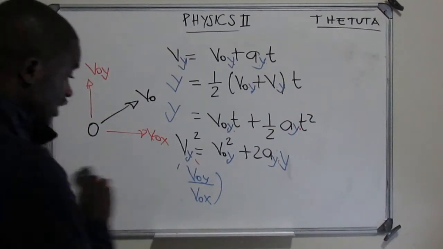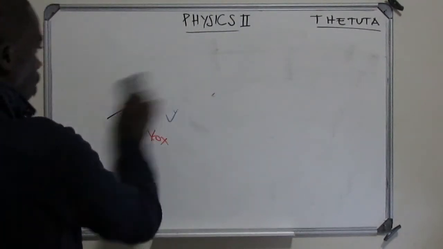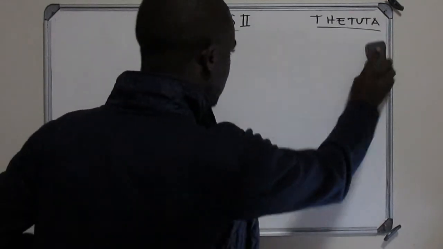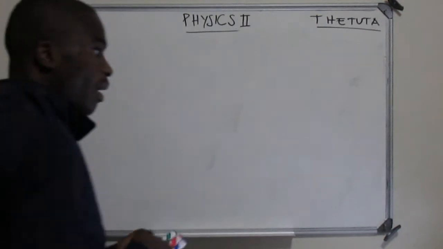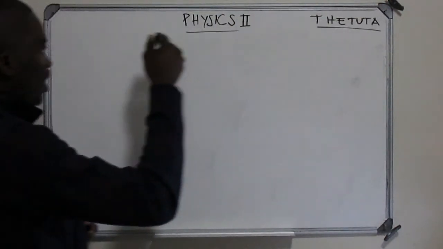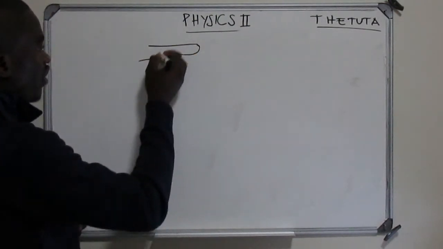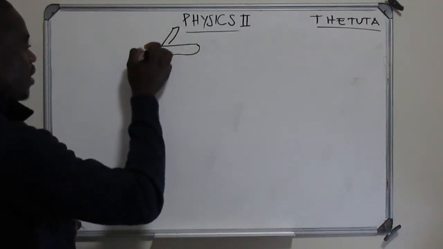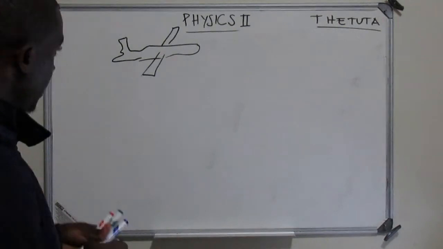Okay, and the last part that we're going to discuss is projectile motion. What is it about? Then we're going to explain it nicely so that you understand what you do when we start problem solving. Okay, a projectile object is when you take an object and you throw it. For instance, let's say you have a plane that is flying, and then you throw something from this plane. So there is a projectile motion.